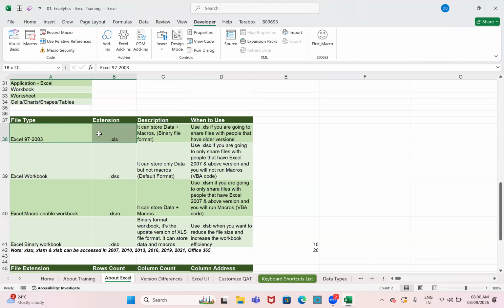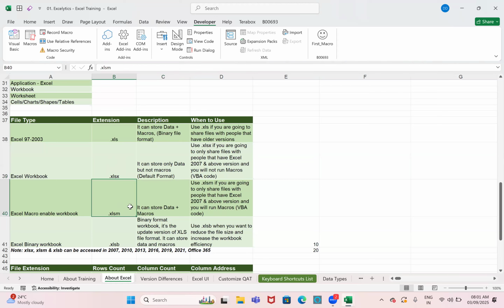So if you store in .xls format, one thing is it will store Excel and macros both, but you can store only up to 65,536 records. If you have 1 lakh or 2 lakh records, you can't store in this format. But in .xlsx format, yes, you can store up to 10 lakhs plus. But the drawback is here you cannot store macros.